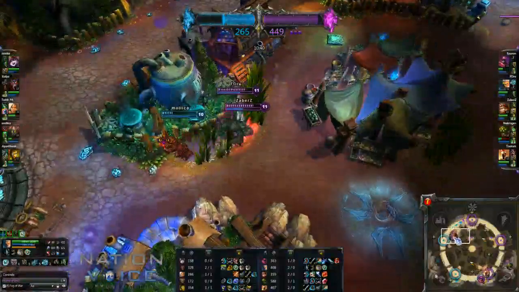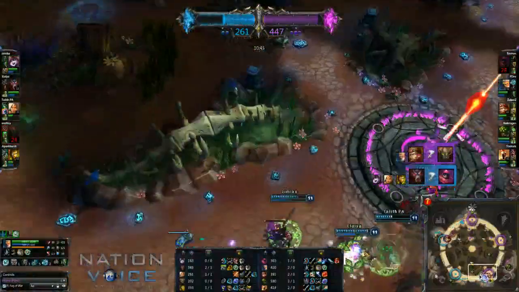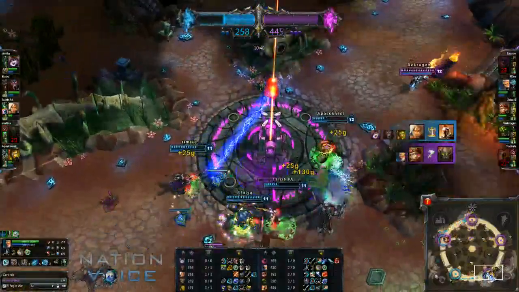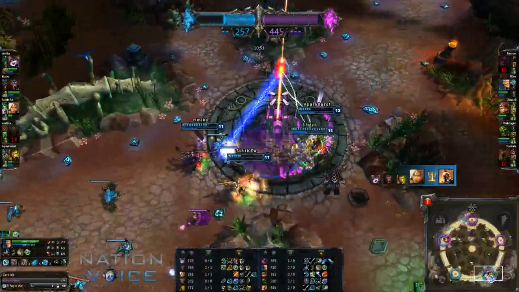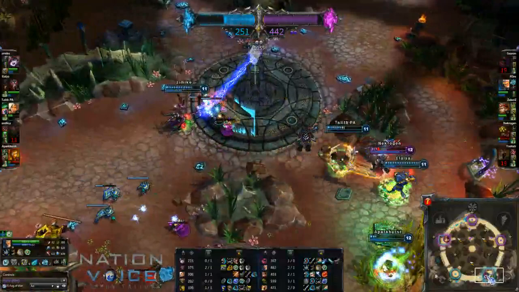Meanwhile, it's a 4-on-2 actually. They win again, took him out. Bottom, there goes the Pantheon. Kassadin's coming in, popping that Highlander. Lulu manages to neutralize the point. Meanwhile,